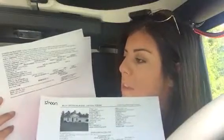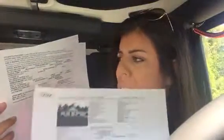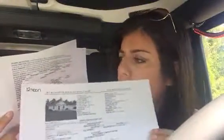And then your realtor will have a version here that has any special remarks or how to contact the listing agent, how many days it's been on the market, when it expires, who the owner's name is, what kind of financing they'll accept, etc. So if you're showing your houses with your realtor and they come empty-handed, they don't give you anything, maybe that's their way of doing it, but